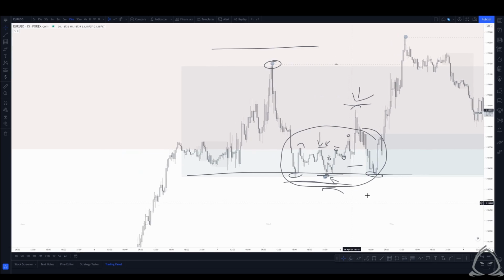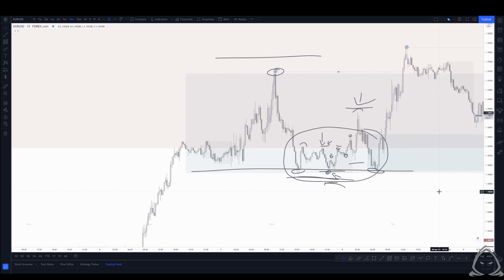So I hope that this was helpful in understanding the relationship between supply and demand, trends, market structure, the three different types of structure, and then how we can integrate the concept of protected and targeted structure to better understand order flow, to better understand what is happening behind the scenes. I highly encourage you to continue studying these concepts and integrating everything that we've learned thus far onto the charts